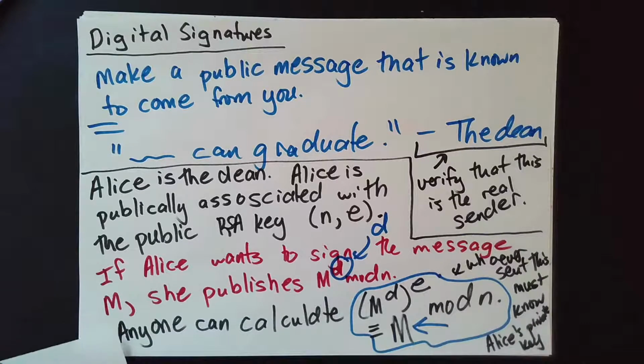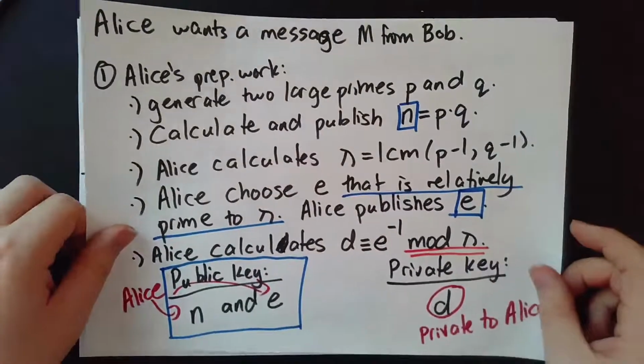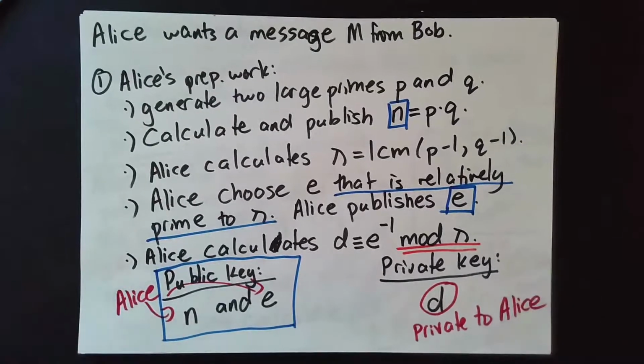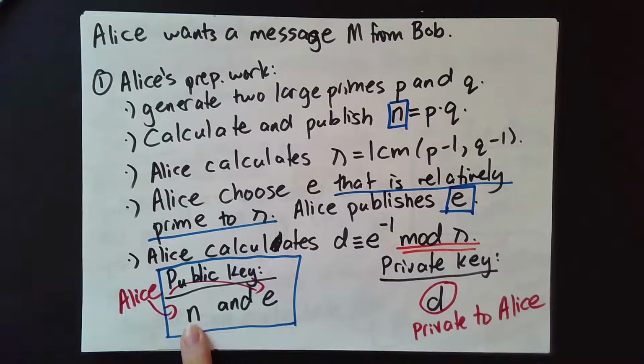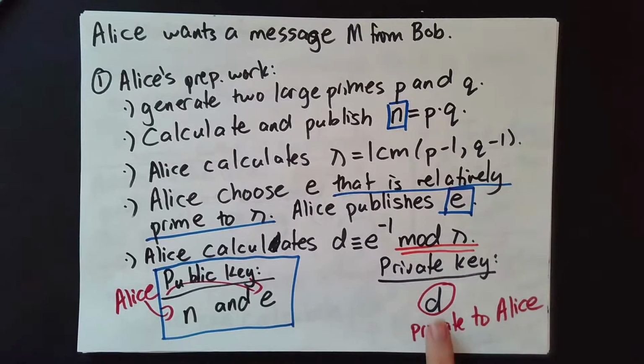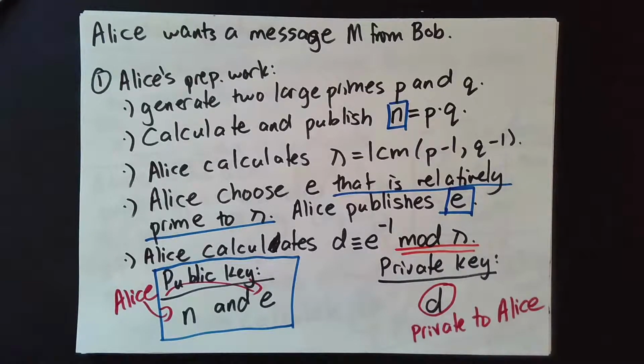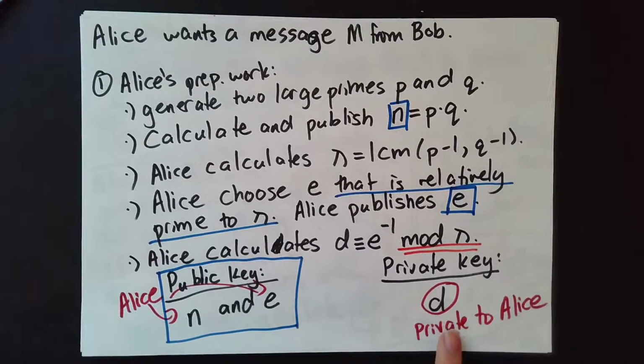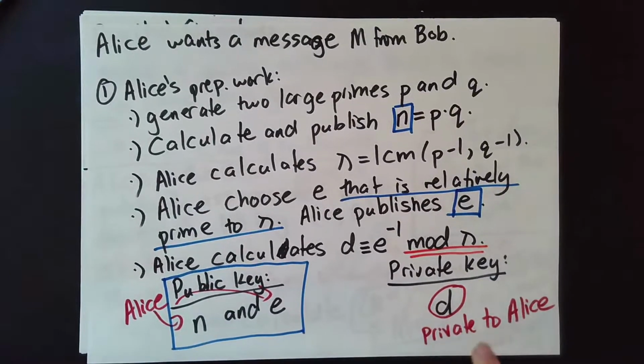Now, it also bears repeating that if someone somehow is able to factor Alice's n, then they can also calculate d. So if someone somehow manages to get, say, really lucky and they factor Alice's RSA key, or maybe it turns out that factoring is actually easy, we just haven't found the right algorithm for it, or whatever, then it may well happen that someone is able to figure out what this is,